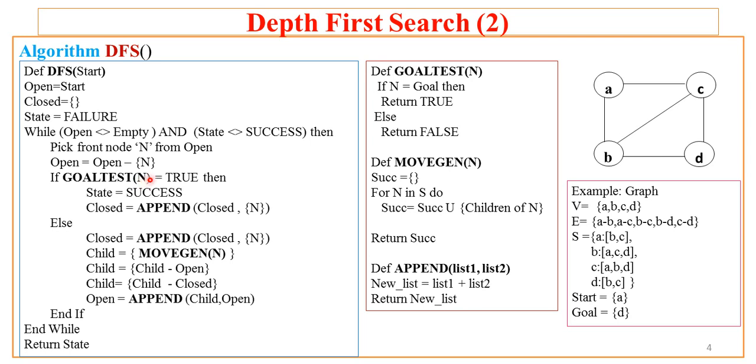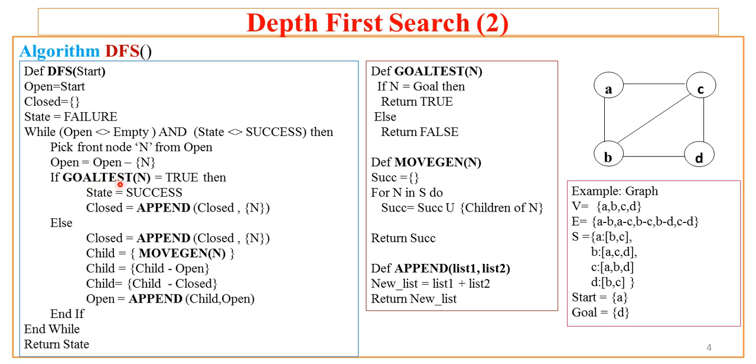So how does it work? Let us focus on the goal test function. I am pointing to the goal test function. It takes n and checks it with the goal. For example, if we have started with node A, our n will be A, and our given goal is D. So it will try to match A to D. Now, is A a goal node? No, because A is the current node and the goal node is D. As it is not matching, it returns false. So obviously this test condition fails, and the algorithm gets into the else part.